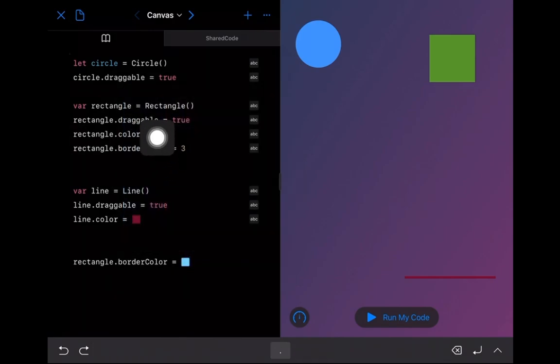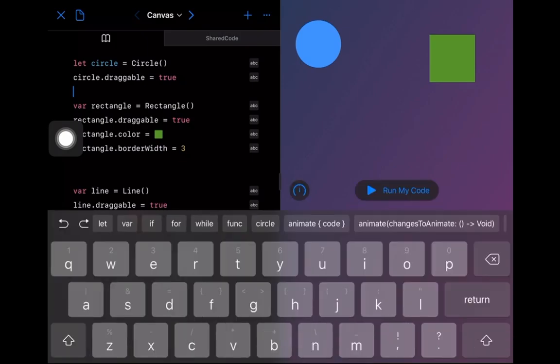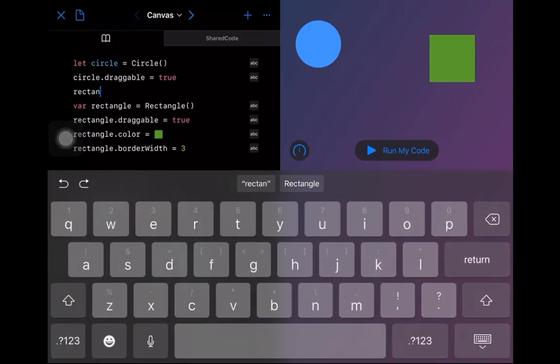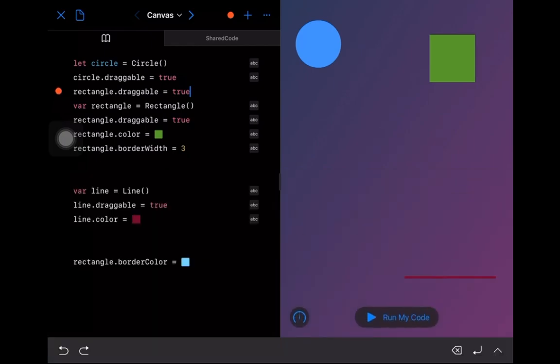Now, the one place I can't put it, so I've defined my variable here. The one place I can't do things like this is up here. I can't say rectangle dot, what do we try to define? Draggable, where's the equal sign? We look for the equal sign is just down here in the D. So we tap on D and drag down, equals true. So now if we try to run this code,